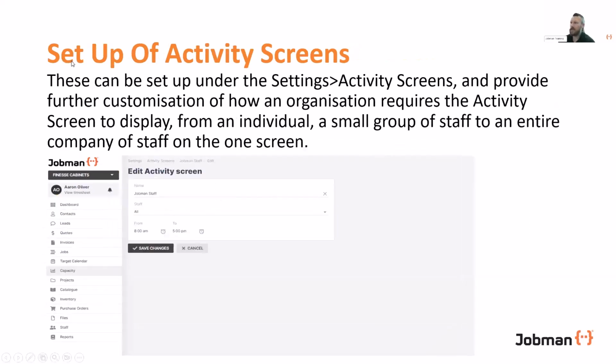Okay, let's dive into setting up activity screens. These can be set up under the settings, and I've put here activity screens, and provide further customization of how an organization requires the activity screen to display, from an individual, a small group of staff, to an entire company on the one screen. So we will look at this in the live demo, but you can just see here from this screenshot,